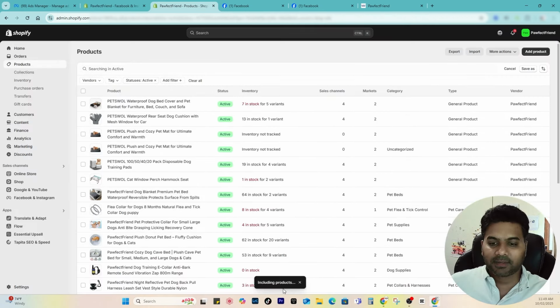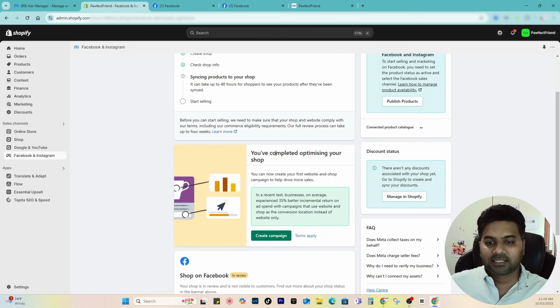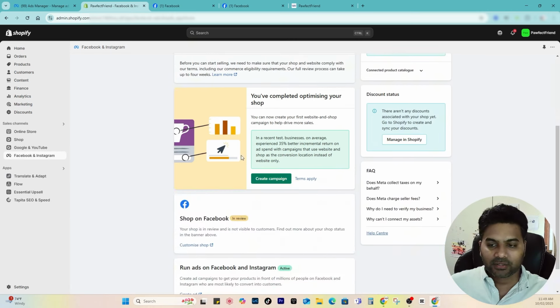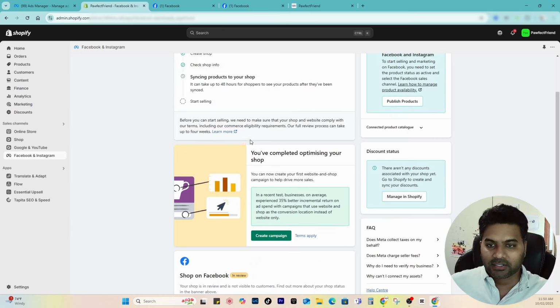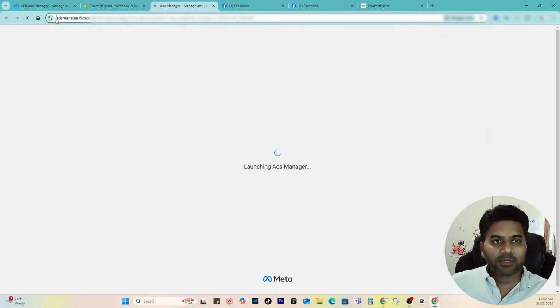Once it's done, it has started including the products to the Facebook sales channel. Close this tab, and now it is syncing the products to your shop. Once it starts syncing and it's showing in the shop, you can check. Now you can create the campaign. So you have completed optimizing your shop. Simply create the campaign, and it will open up the ads